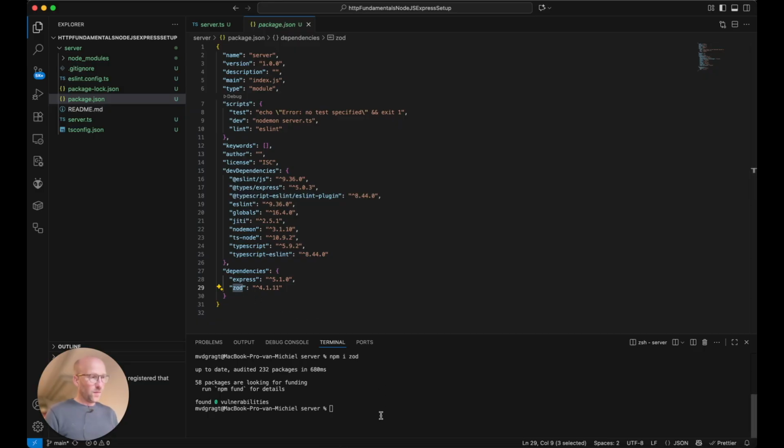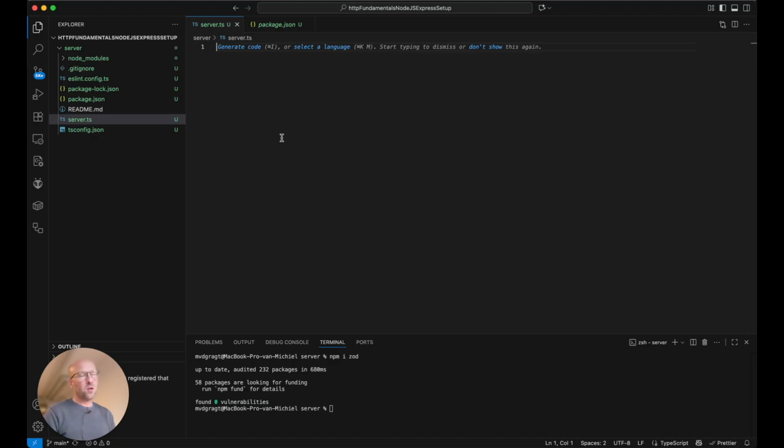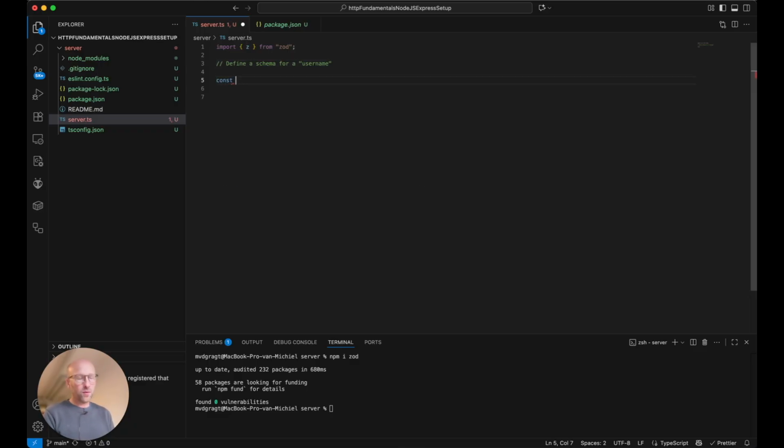All right. Now that we've installed Zod, we can import it. So we say import z from zod. What we first do is define a schema for a username. So we say const, and then we'll just say username schema